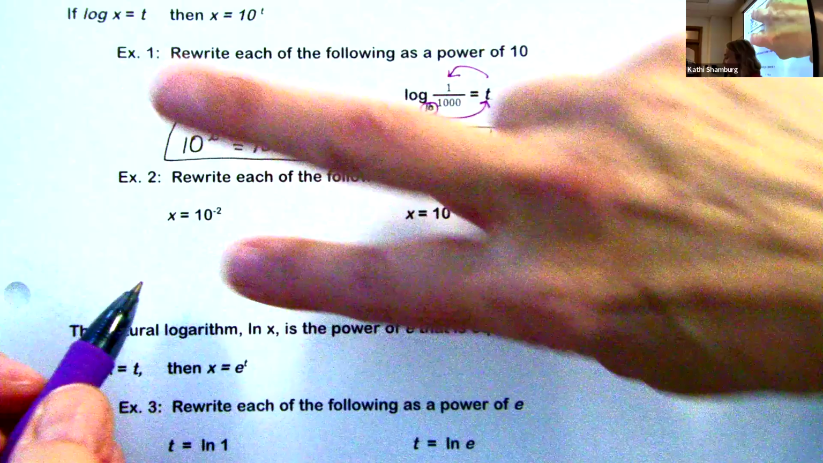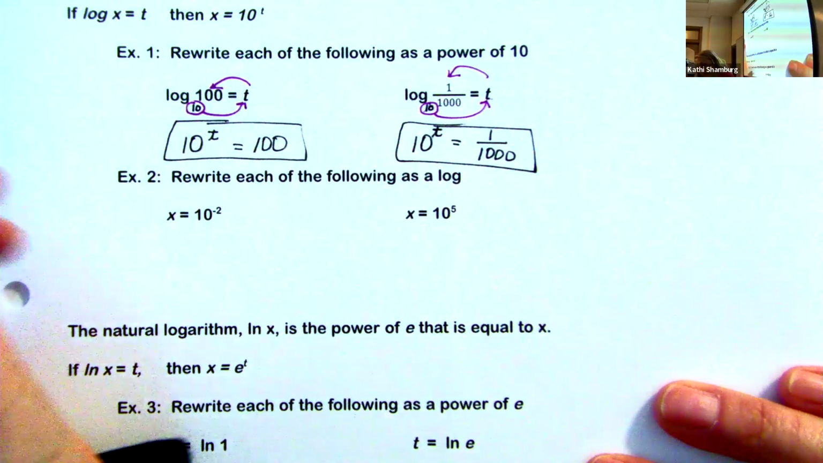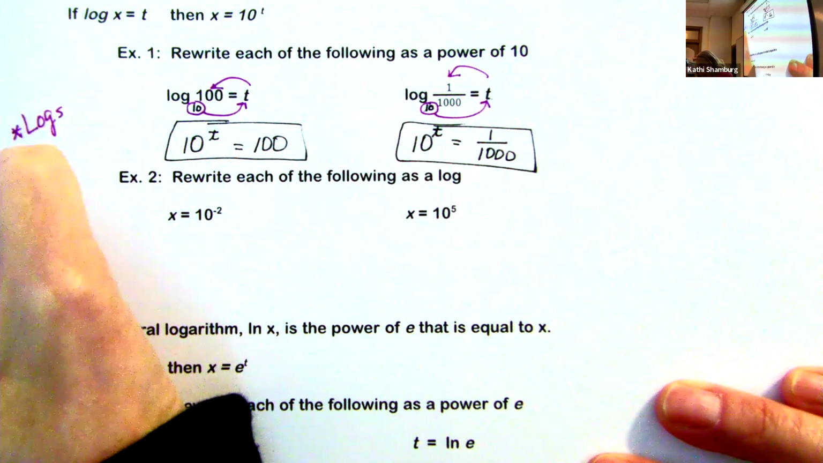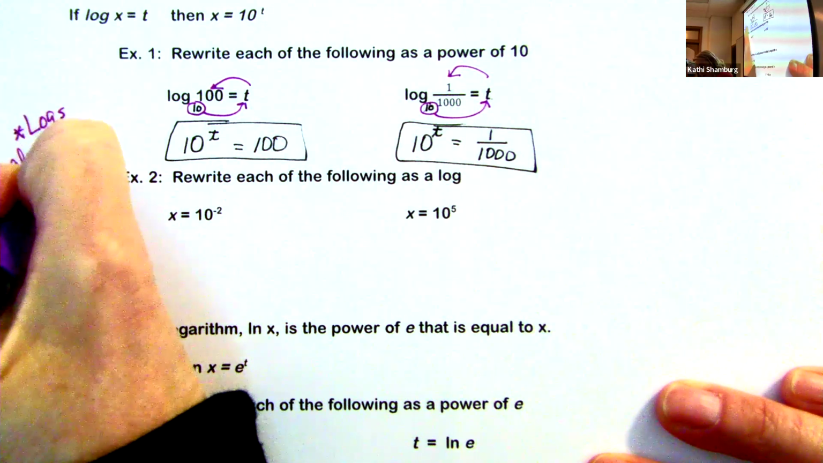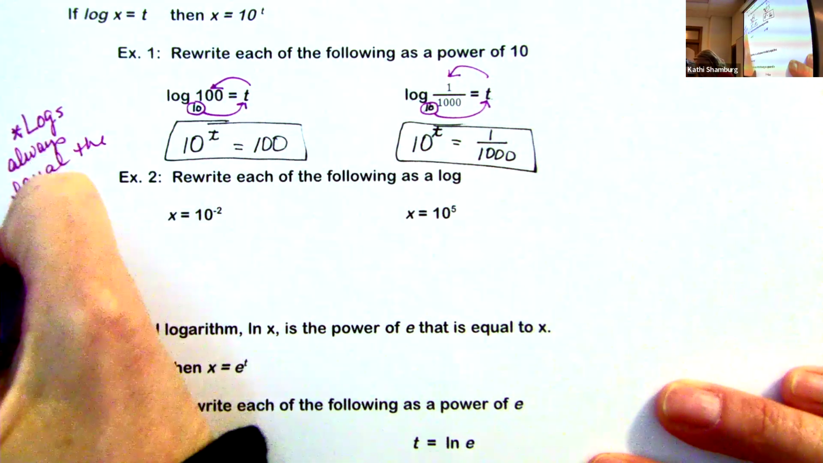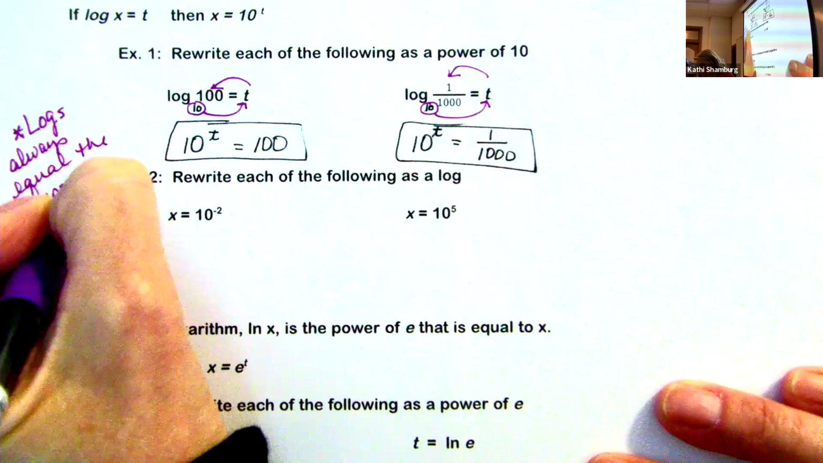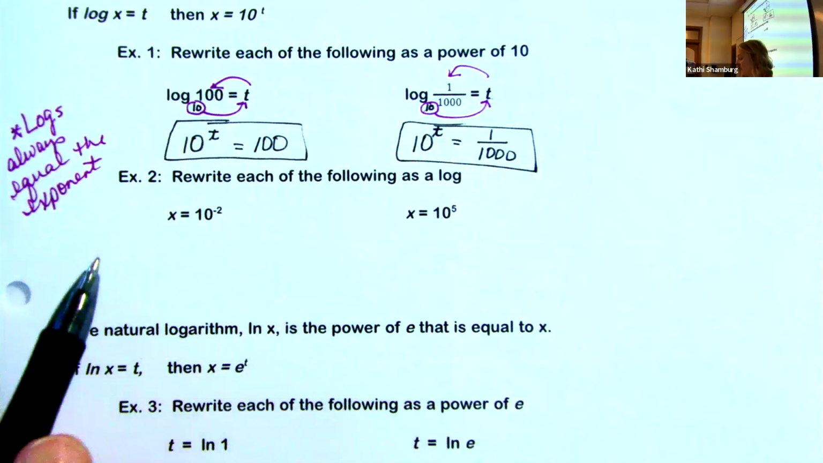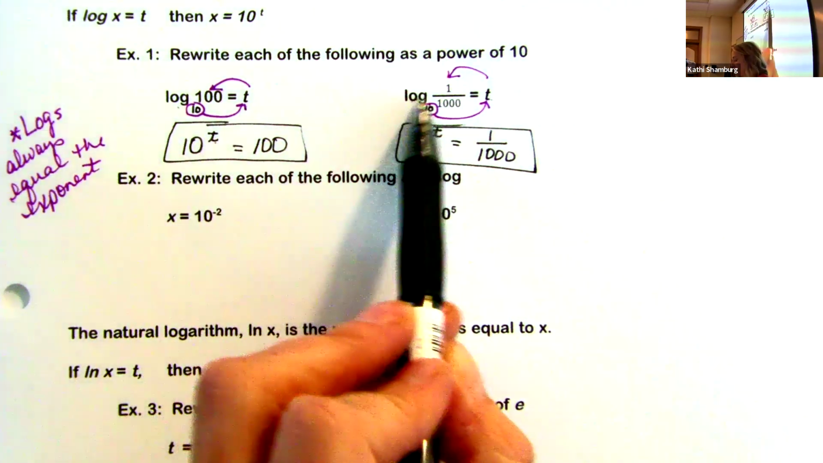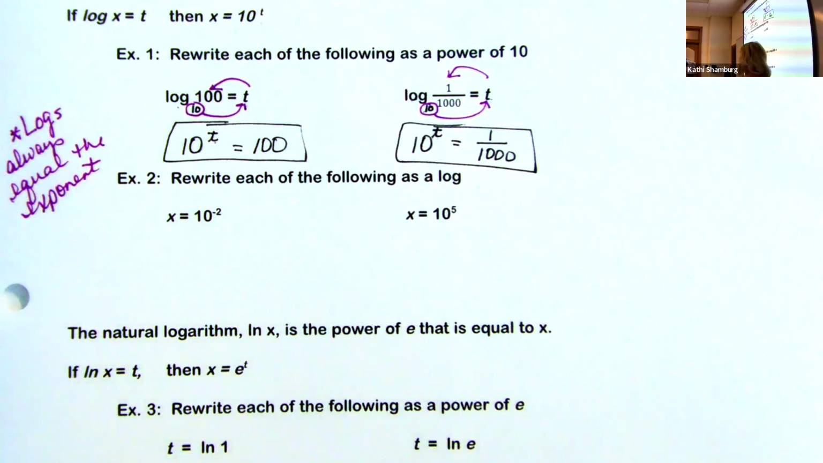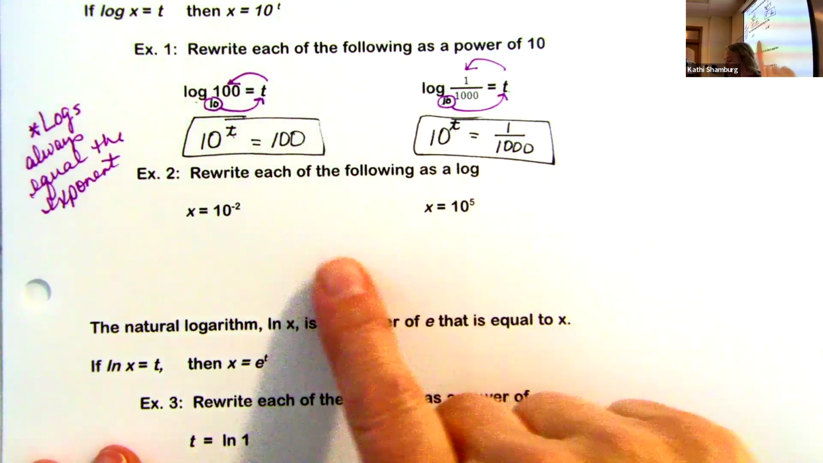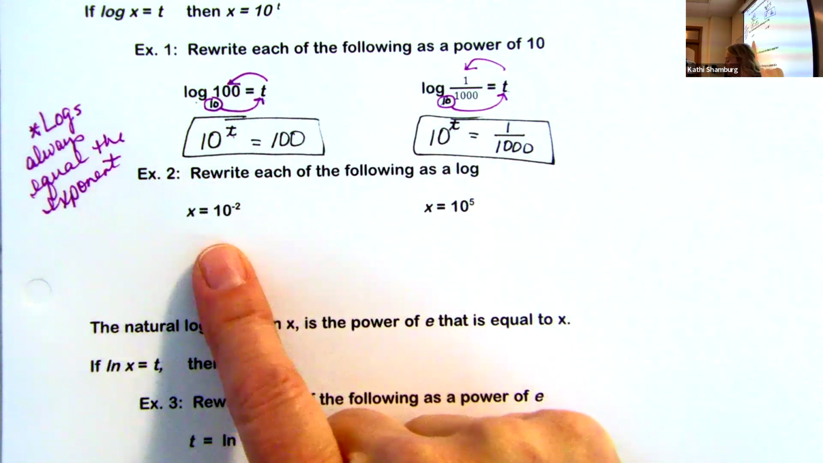So for both example 1 and example 2, just know that logs always equal the exponent. Logs always equal the exponent. Yep, it was my exponent. Where having that memorized comes in handy is when you are given an exponential and